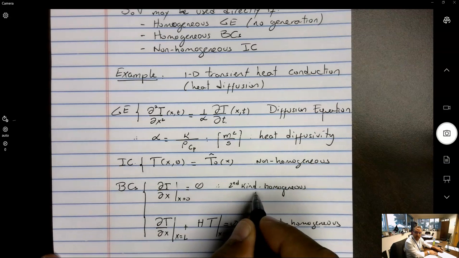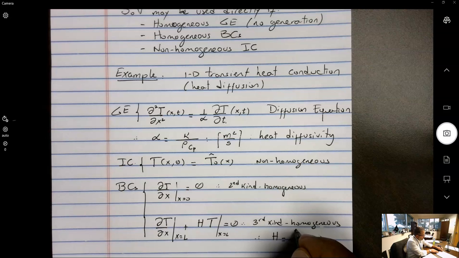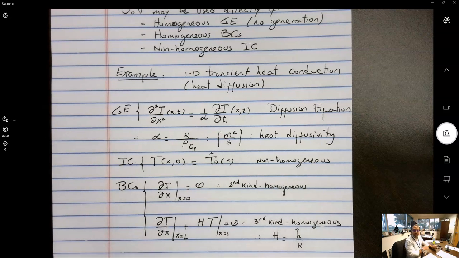So remember, second kind is called Neumann condition, third kind is called Robin condition, first kind is called Dirichlet condition. In this case, it's also called a natural condition, and this one's called convective condition, such that h is equal to the film coefficient divided by the conductivity. The film coefficient is the heat transfer coefficient in Newton's school of thought. All right, so